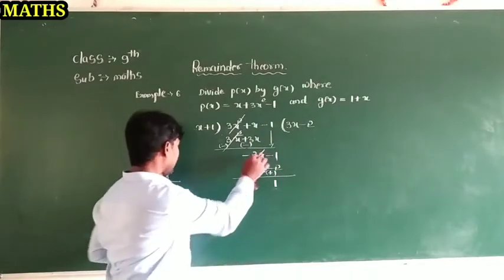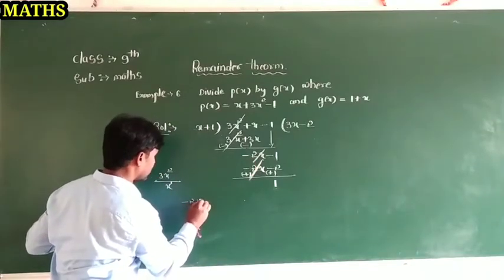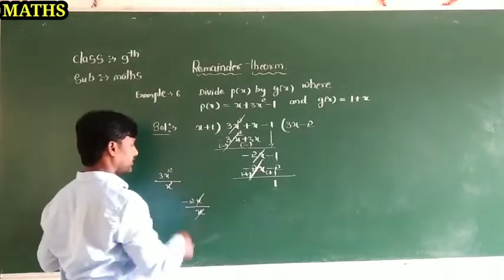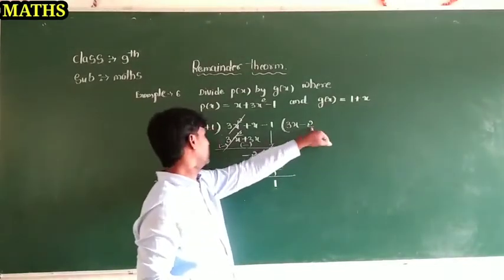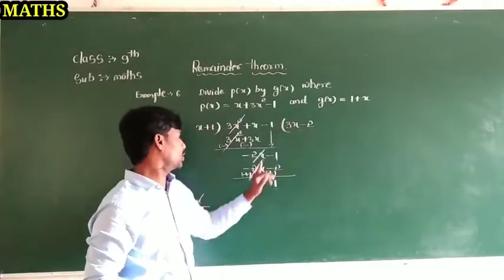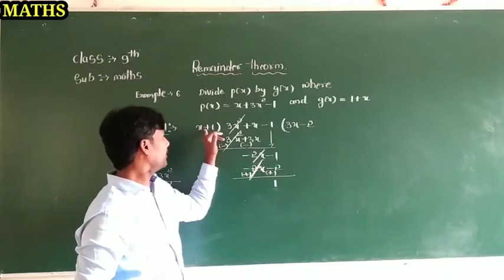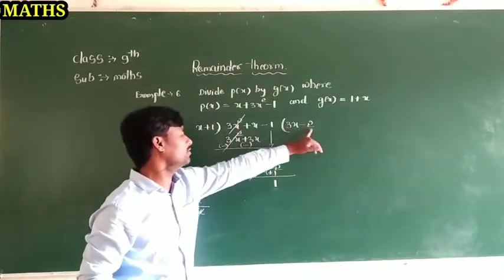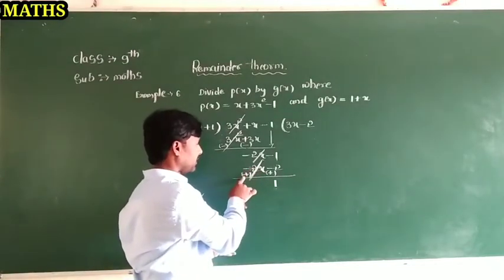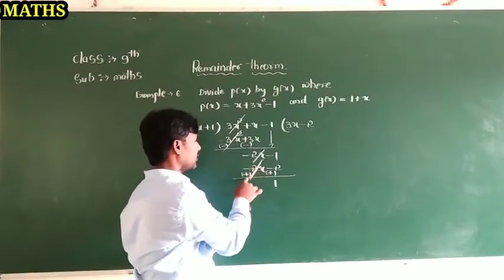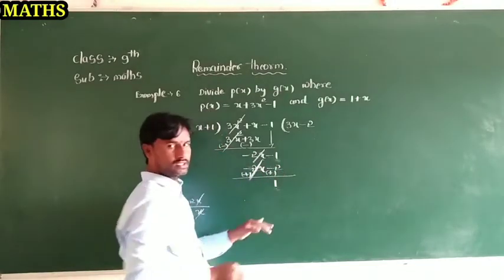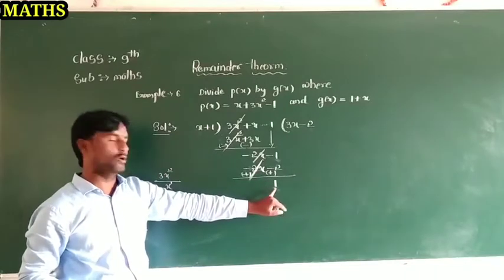So next you take the first term here, what is it? Minus 2x upon x, we are writing x here only, both x's get cancelled, remaining is minus 2. Now do the multiplication: plus into minus is equal to minus, x into 2 is equal to 2x, and plus into minus is equal to minus, 1 into 2 is 2. Afterwards you do the subtraction, change the sign, minus becomes plus, minus 2x plus 2x both get cancelled, minus 1 plus 2 is equal to 1. We got the answer 1, dear students, which means the remainder is equal to 1.